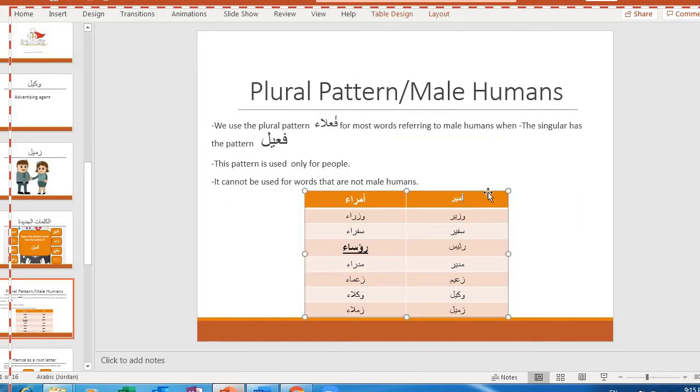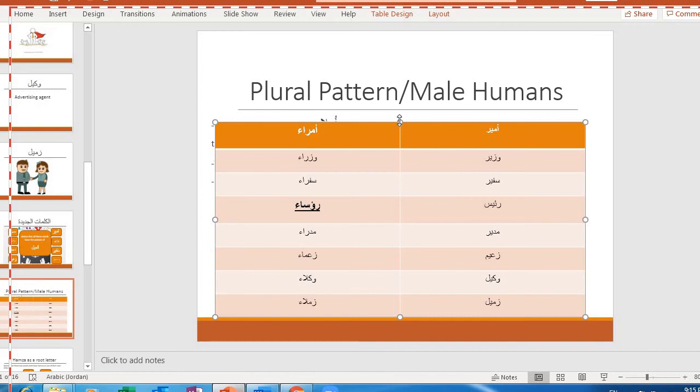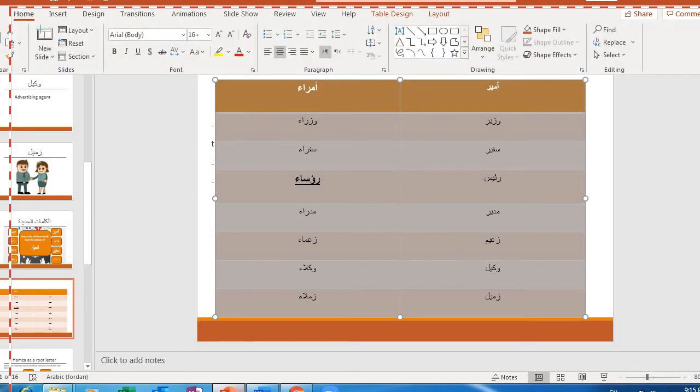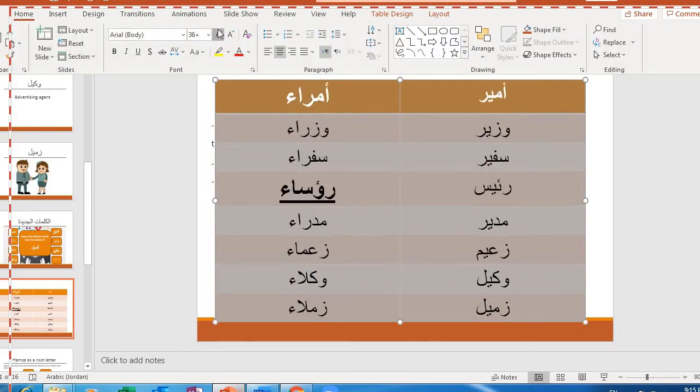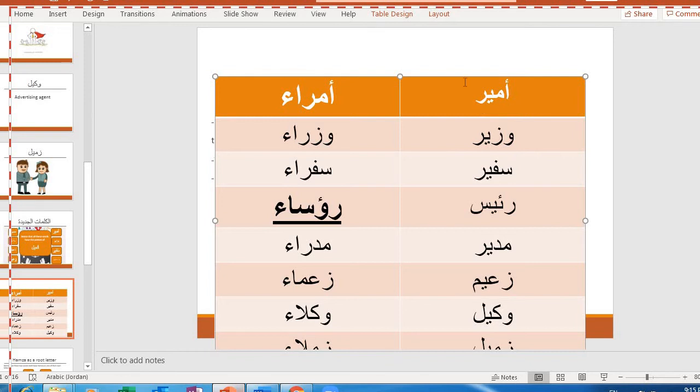So how that works, let me make it big so you can see it better. Let's see how this works. Here, أمير, the same pattern of فعيل, becomes أمراء, the same pattern of فعلاء. So you only delete the vowel yaa in the middle and add an alif and hamza at the end. أمير أمراء, وزير وزراء,